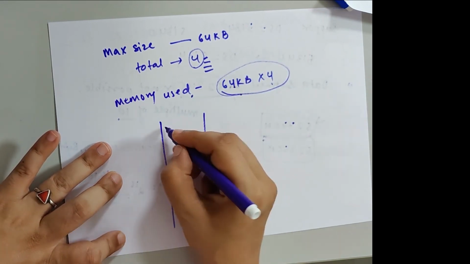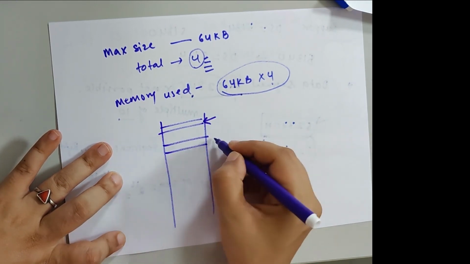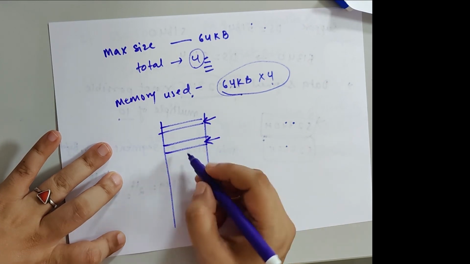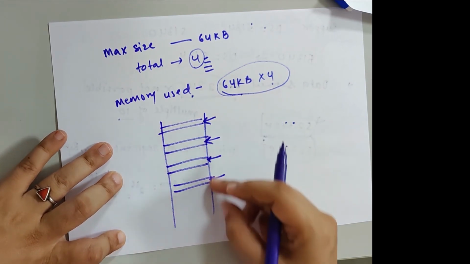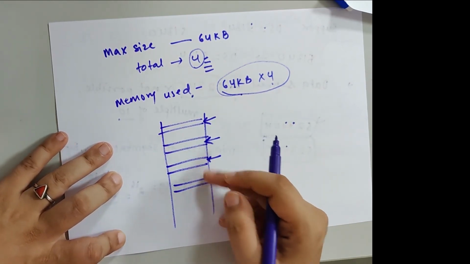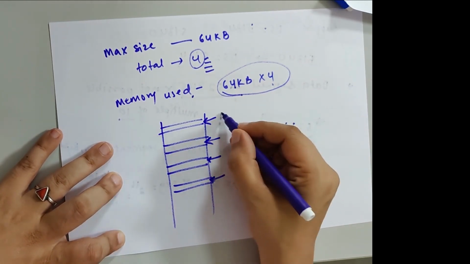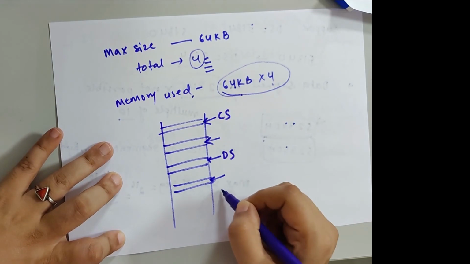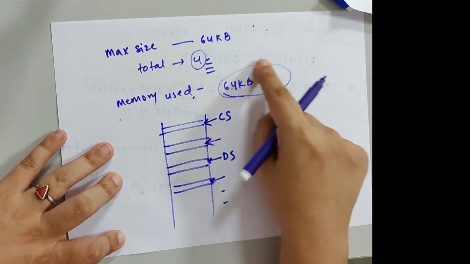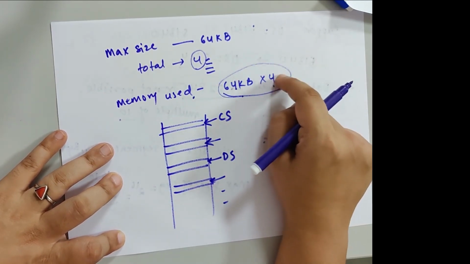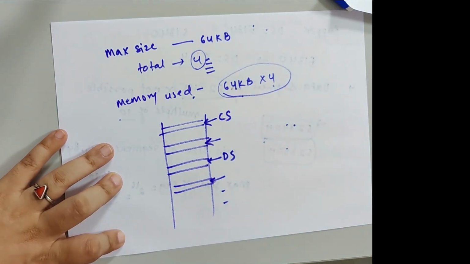In my memory there can be various code segments. This is a code segment of one program, then I can have another code segment of another program. I have a data segment for one program, another data segment for another program. So we can have multiple code segments, multiple data segments, extra segments, and stack segments. But at a time, only for the program which is running, the code segment, data segment, extra segment and stack segment of that program will be used, right? So only this much memory is used at a time. So that is the disadvantage of segmentation.